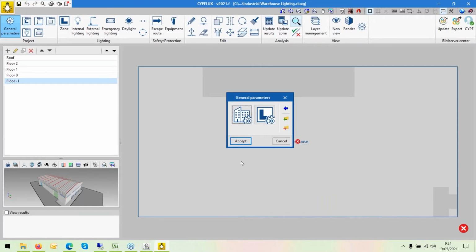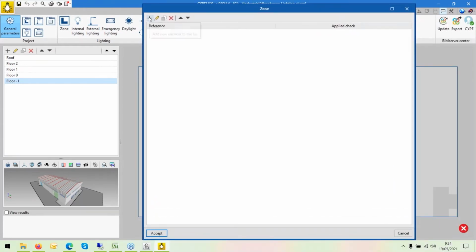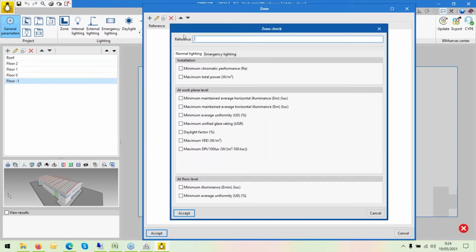Okay. The other part, really, really important, is like the heart of the program. Okay, is this, the requirements for the zones. Which requirements will I want for the spaces? If you see here, this is at the beginning, it's empty. Here, I can create manually my own requirements. So I believe you are coming from different countries, so you will have your own standards. So you could write here normal, for example, I don't know if it's an office, normal lighting, and here you write the name of your country, or maybe imagine you're coming from Singapore or any other place, and the name of your code,